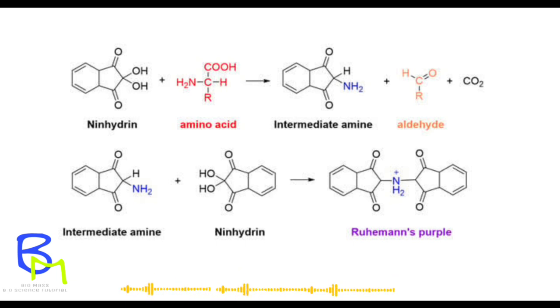Ninhydrin reacts with the amino group of the free amino acid in the test sample and oxidizes the compound, leading to deamination. In this reaction, two gases get released. These are ammonia and carbon dioxide. Besides the gases, an aldehyde and hydrindantin are also obtained, which is formed by the reduction of ninhydrin. The released ammonia further reacts with ninhydrin, giving rise to diketohydrin, which forms a colored complex. This colored complex is Ruhemann's purple, and this gives the solution the deep blue coloration.